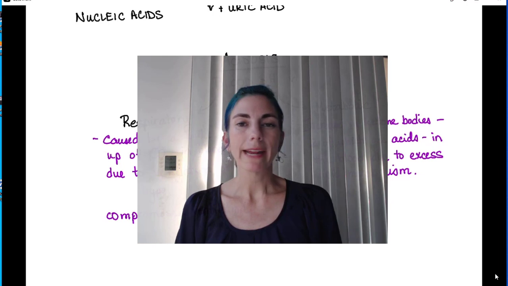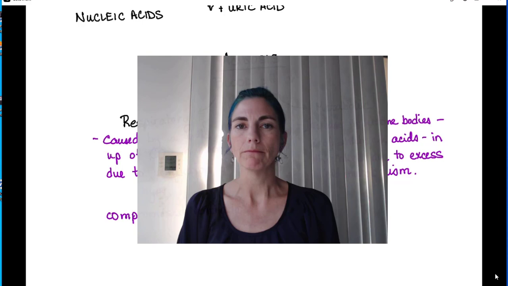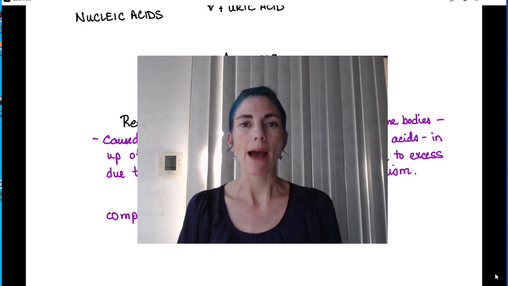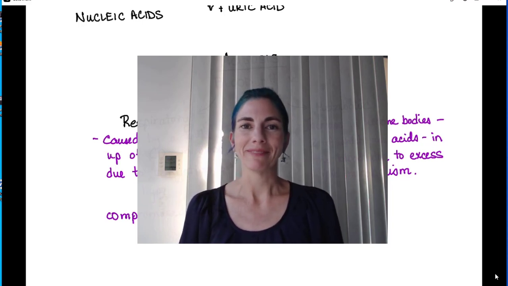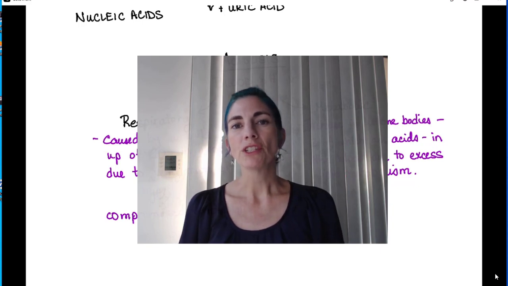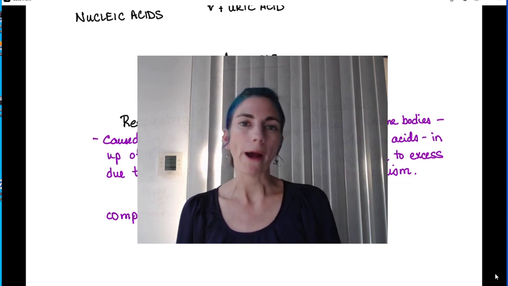So if metabolic acidosis is ultimately caused by excess lipid metabolism, then what causes excess lipid metabolism? There are a number of causes of excess lipid metabolism, including diabetes mellitus, which we'll be covering later on, and a no-carb diet. So no-carb diets are well established as a way to quickly lose weight. When you stop eating carbohydrates, your body runs out of its favorite fuel source, and so it can go through a process called